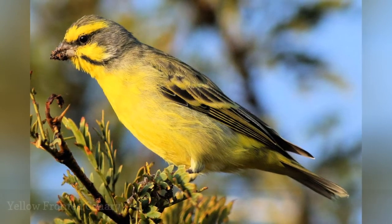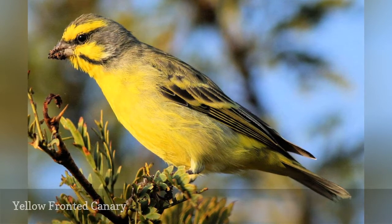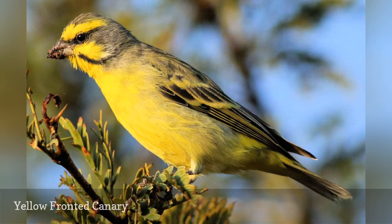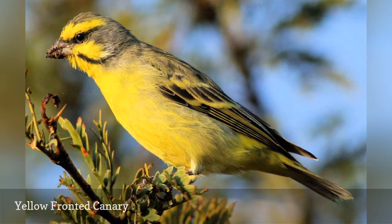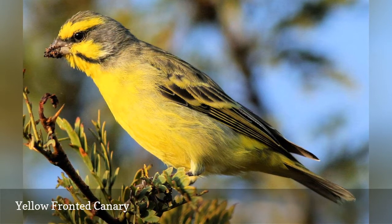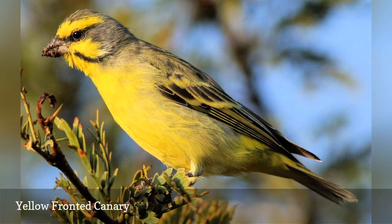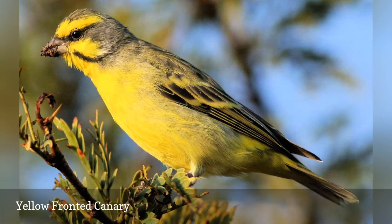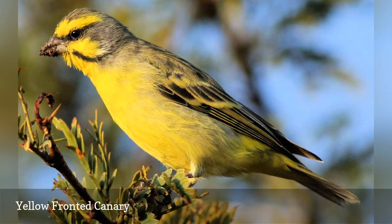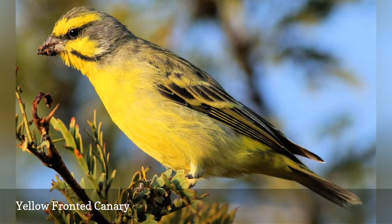A native African bird, the yellow-fronted canary, Serinus mozambicus, was first introduced to Hawaii in the 1960s. Today, these birds with bold facial markings, look for the X shape if the bird looks directly at you, are easiest to see on Oahu and the Big Island, and there are especially tame populations around the Honolulu Zoo. Because of their varied diet of both seeds and insects, yellow-fronted canaries will also readily come to feeding stations in